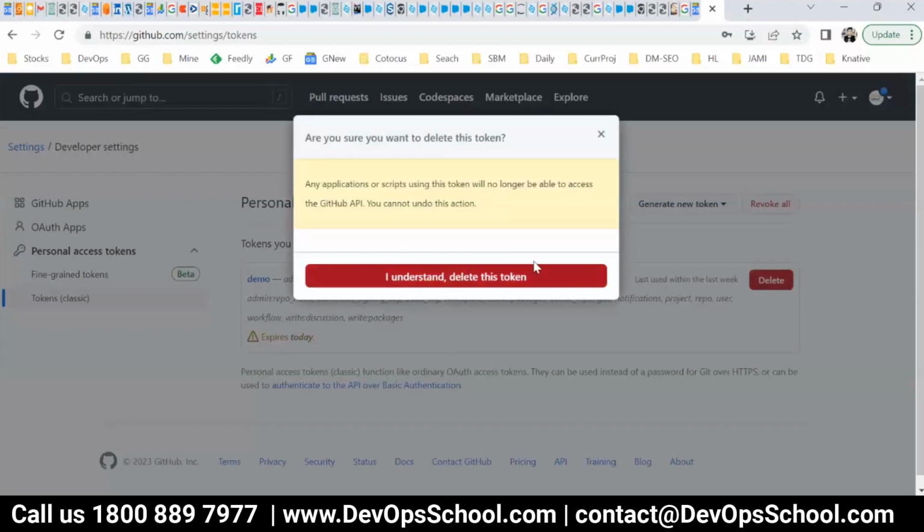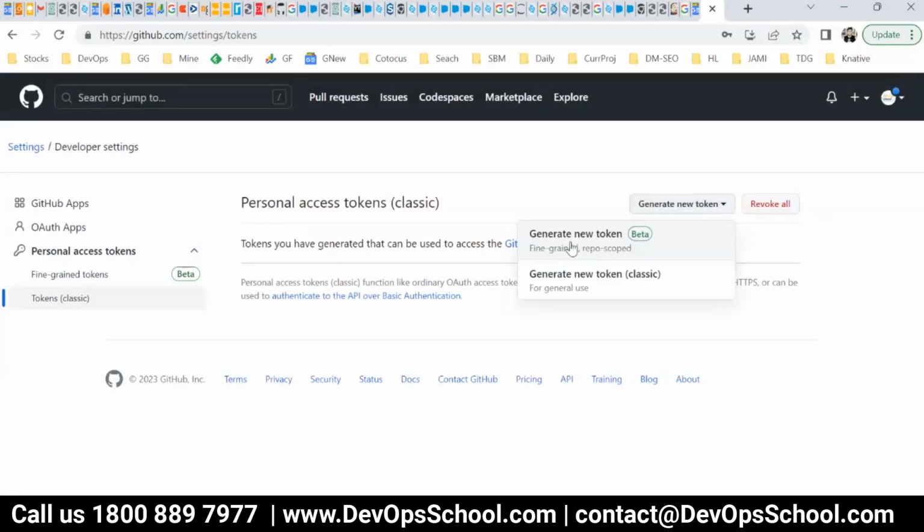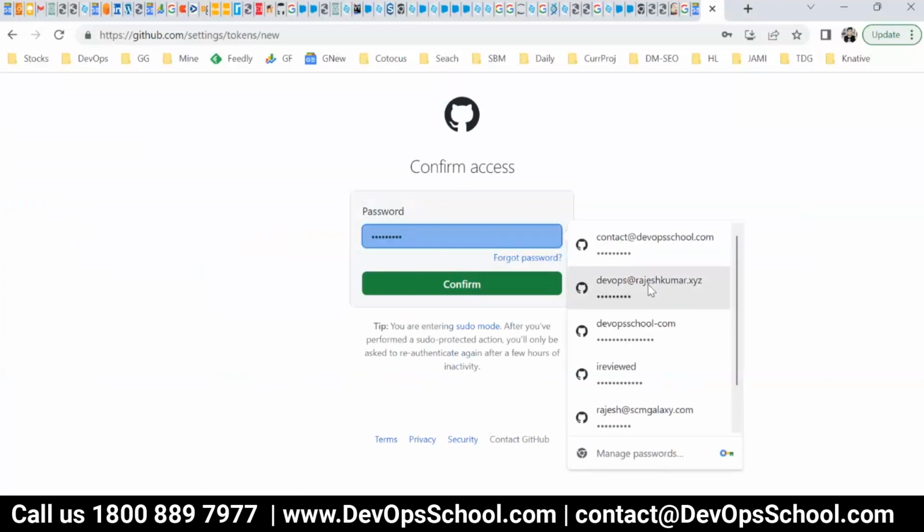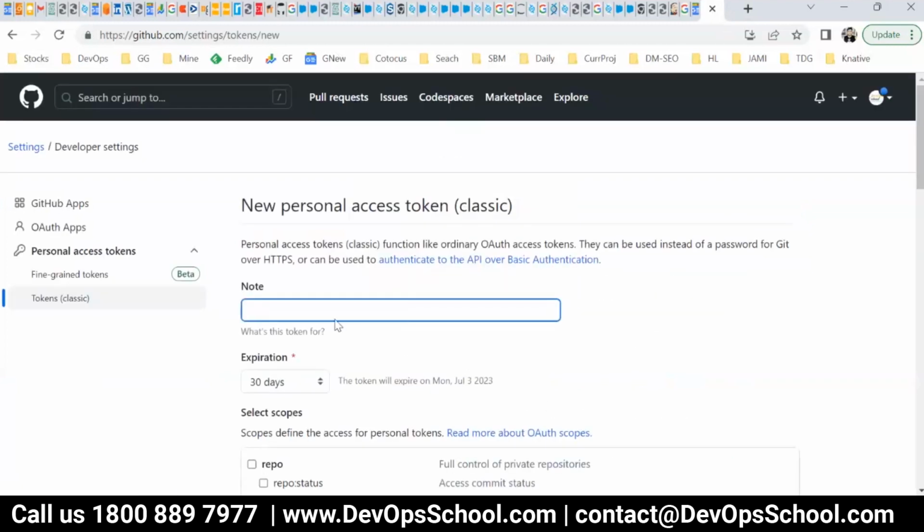This was the last one. Generate new one. Demo